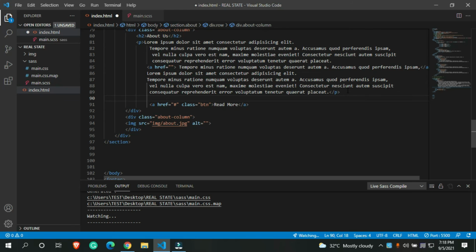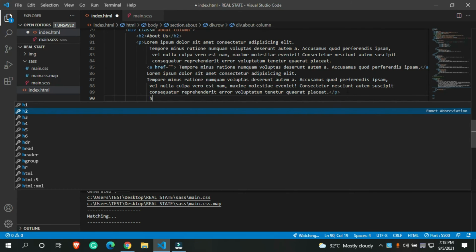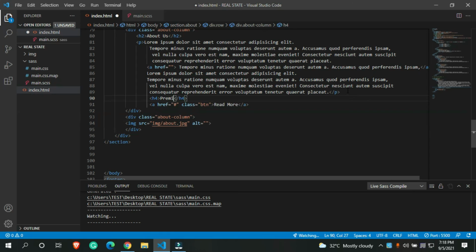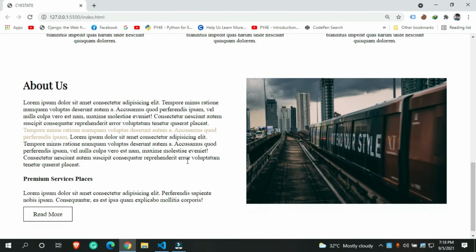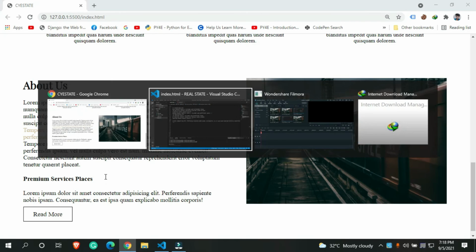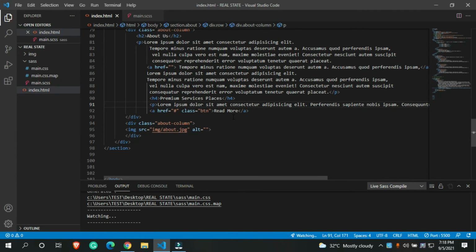after it, let's say H4 premium services, link places, and let's say I wanted to have a lorem 20, and let's see how it is going to look. Okay, so I can have this thing, but